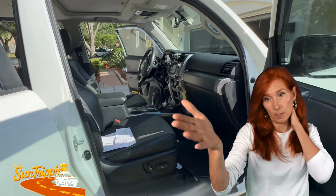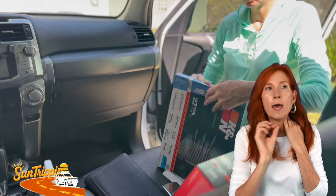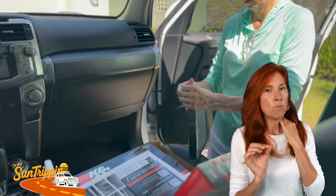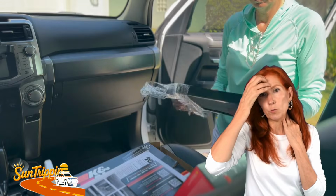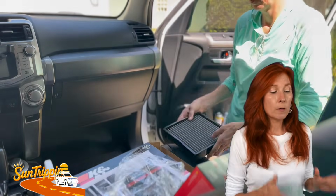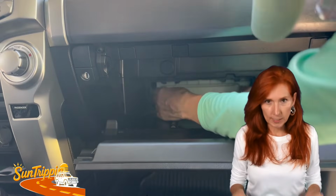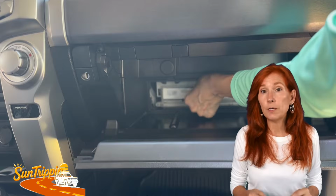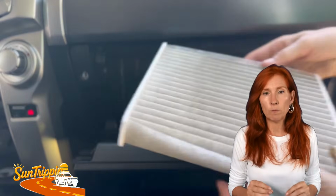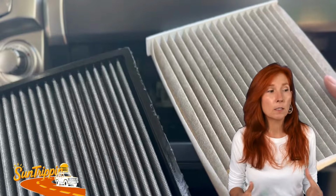My son clued me in to these K&N lifetime filters. They cost slightly more than going in when they change your filters out when you have your oil done. So these were about $65, $55 when I bought them. But now I'm going to have them for the lifetime of the vehicle. With a 4Runner, a lifetime of the vehicle, if you take care of it, can exceed 300,000 miles, which is exceptional considering most vehicles today are really only made to make it to about 125,000 miles before a major catastrophe item needs to be replaced,